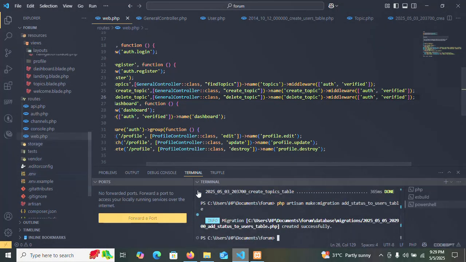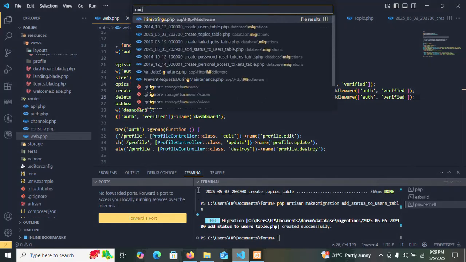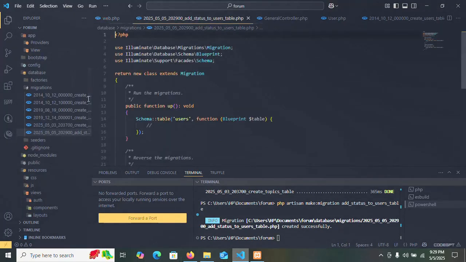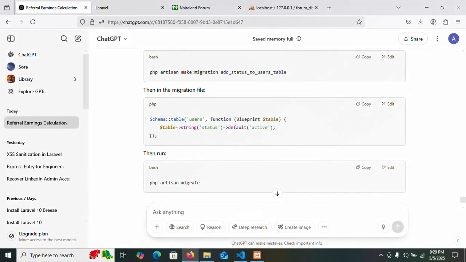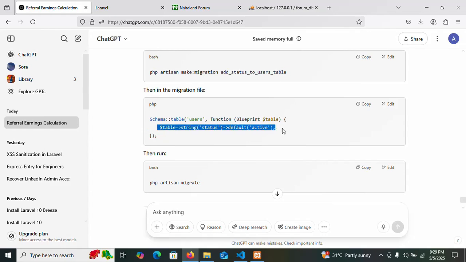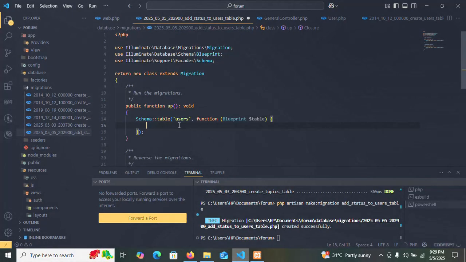and it has already created that migration. We go to our migrations, and we'll see status underneath all the files there, and then we'll pass this information to the schema, which is this. But I'll be changing this. I'm not even working with this because this is not what I want to achieve. What I want to achieve is to ensure that it is a boolean value, so I'm not using a string. Let me remove this default,